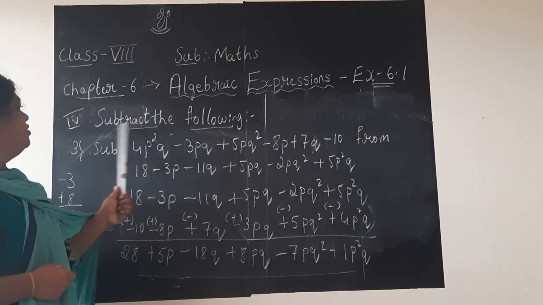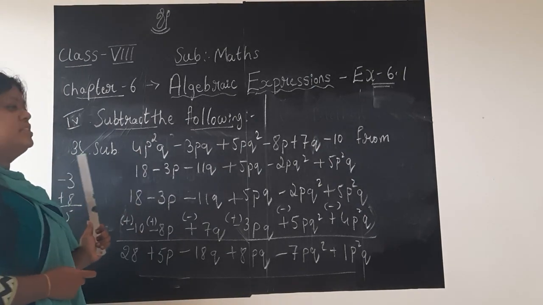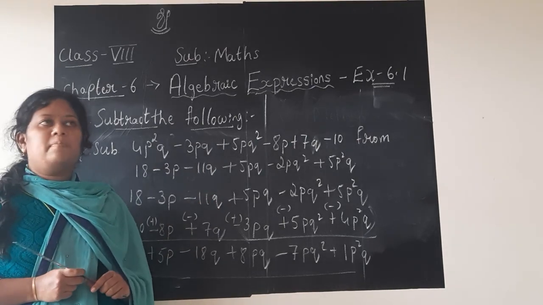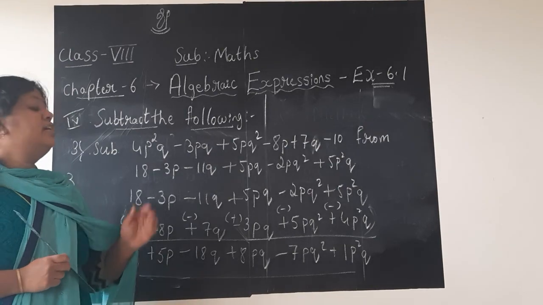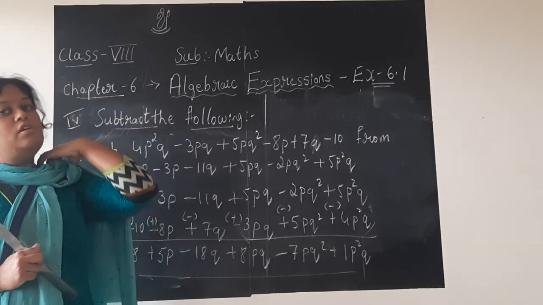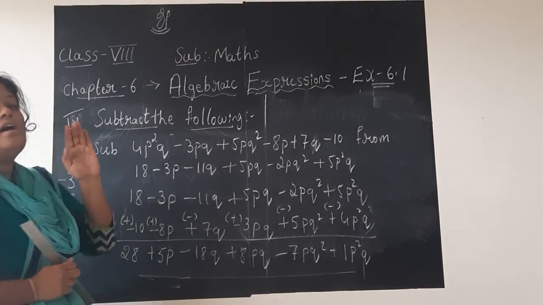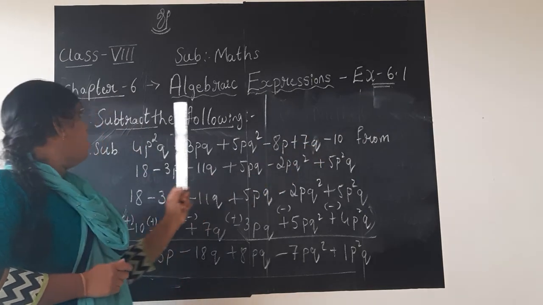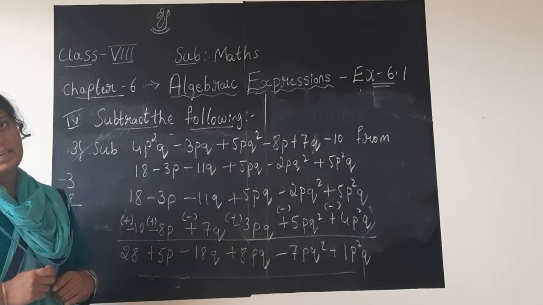So this is about the fourth main. Subtract the following: the second problem is there, children, which I want you to solve. This is the third question. This completes exercise 6.1. After writing the previous sessions, all the videos you received before, those addition and subtraction also I want you to do in the classwork. After completing that, start with exercise 6.1. All the four mains which you studied should be written neatly.